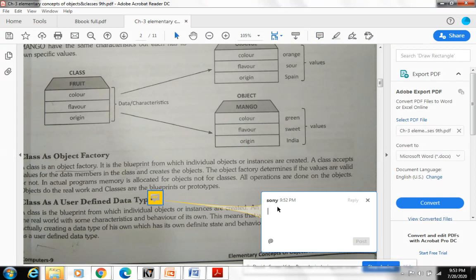Look, I am writing here: public class ABC, and in this class I want four variables.